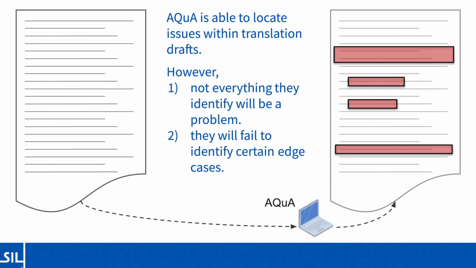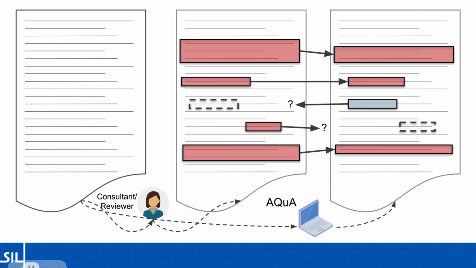AQUA is also able to locate issues within translation drafts, within a matter of minutes, actually. However, not everything AQUA identifies will be a problem, and it'll fail to identify certain edge cases that a consultant would be able to find. When a consultant's work is enhanced by AQUA, they are able to perform their checks not only more efficiently, but also more thoroughly, allowing them to spend more of their precious time prioritizing the parts of the draft that most